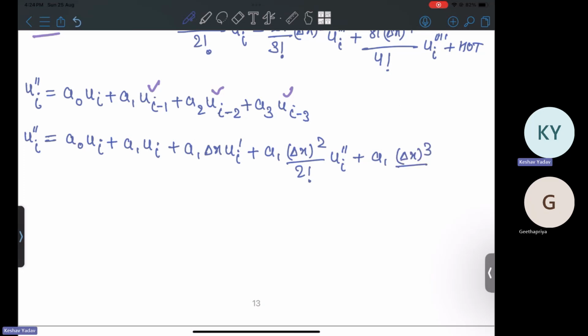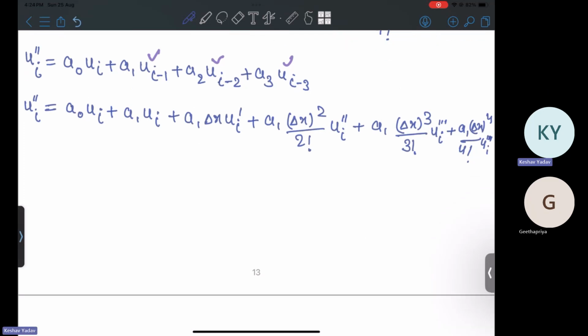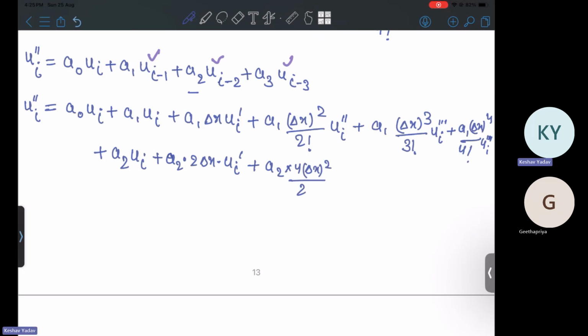cube upon 3 factorial ui triple prime plus a1 delta x to the power 4 upon 4 factorial u 4 times prime at i. Okay. Now plus what? Plus a2 multiplied by ui minus 2. I minus 2 you replace from the expression that we have found from Taylor series. That will be equal to a2 ui plus a2 multiplied by 2 delta x ui prime plus a2 multiplied by 4 delta x square divided by 2 factorial ui double prime plus this will be what? This will be what? 8 a2 delta x cube upon 3 factorial